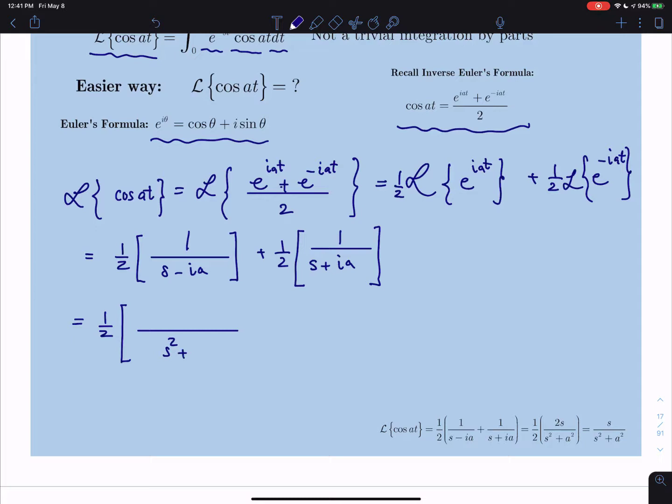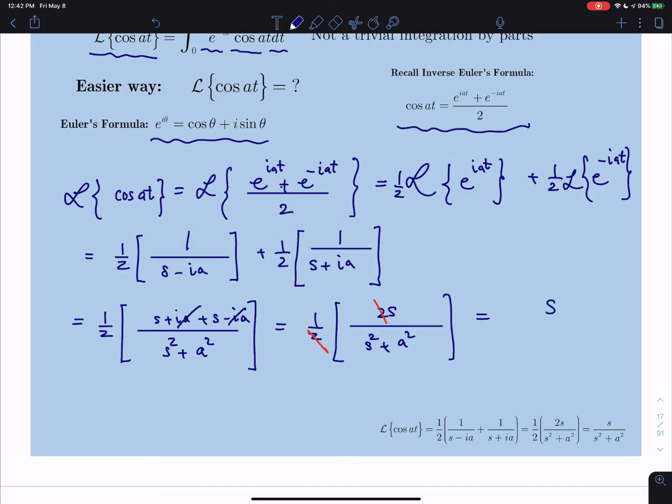which is s squared plus a squared, because i squared is minus 1. I'm skipping over the trivial algebra. And your numerator will be s plus ia plus s minus ia. And now if I simplify this further, I have s squared plus a squared in the denominator, and here the ia's cancel, so I have 2s. And if I cancel out the 2's,